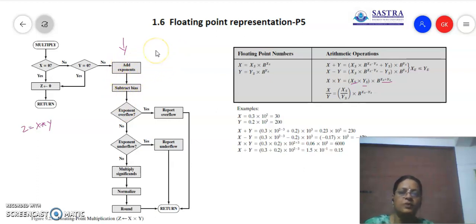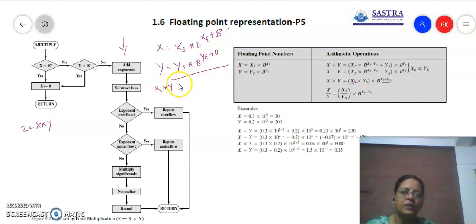At this point we have to keep one important point in mind. You all know x is represented with significand xs into base b, then exponent xe. The exponent is expected to be a positive exponent. If it is negative, it will be converted into positive. For that purpose we add a bias, so we have xe plus b. Now the second operand y is the significand ys into base b power ye, and this also has a bias added. Now we are finding the product x star y.